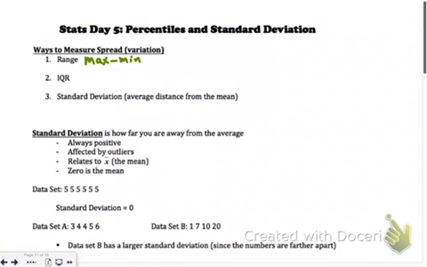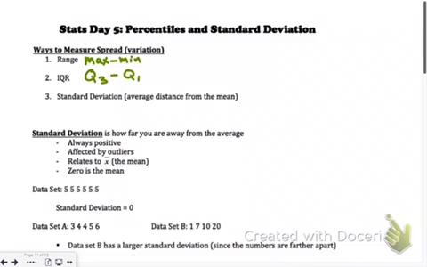lowest student. The IQR, the interquartile range, is where you take Q3 and you subtract Q1. That tells you how far apart the middle 50% of the data is. So we get rid of the top 25%, the bottom 25%, and that tells us the difference between the 75th percentile and the 25th percentile of the data. The standard deviation is the average distance from the mean, and we'll talk a little bit more later on about